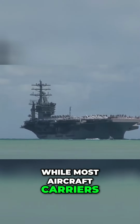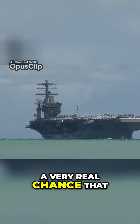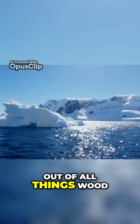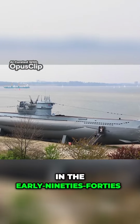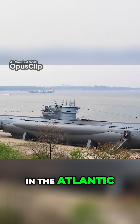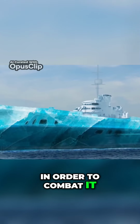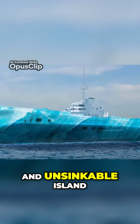Most aircraft carriers are made out of heavy-duty steel, but for a moment there was a very real chance that one would be built out of, of all things, wood and ice. For context, in the early 1940s, German U-boats were doing a serious number on Allied shipping in the Atlantic, and so in order to combat it, an idea was tabled to create a giant floating, mobile, and unsinkable island made